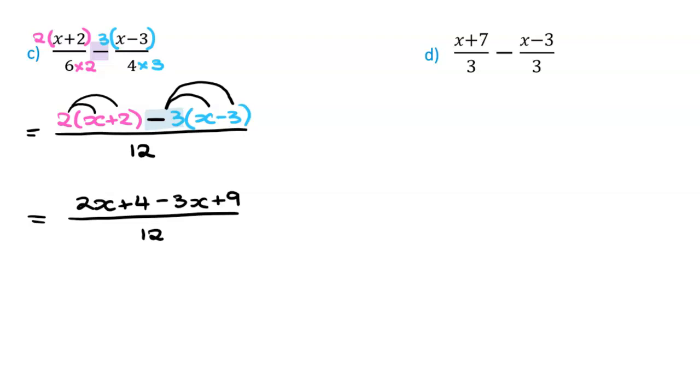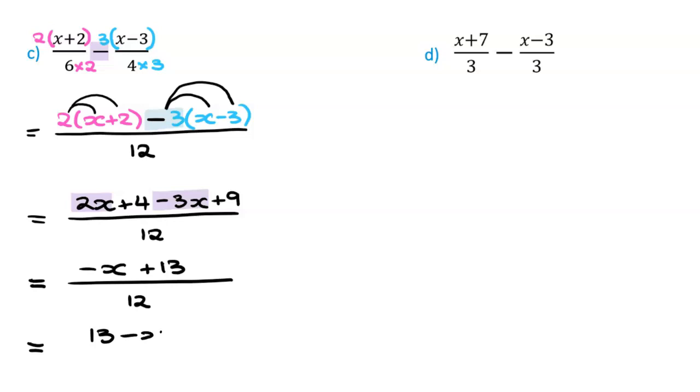Think the steps through as you're doing them. Try not to rush. Now that we've done that, we can collect like terms. Let's be careful with our negatives here, because we've got 2x minus 3x. That's going to give us minus x. And then we've got, with our numbers, 4 plus 9, that's going to give us 13 over 12. We've talked about this a little bit, but that could have also been written as 13 minus x over 12,